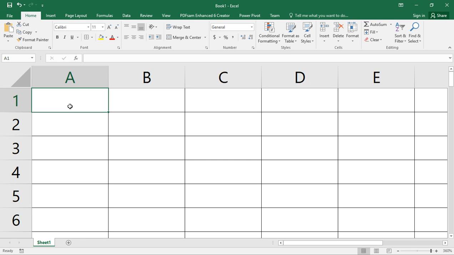Logical checks, like is this one greater than that, is A greater than B, is 5 greater than 7. So the condition itself returns either a true or a false. A true or a false, these are Boolean values. True is a Boolean value. False is a Boolean value which comes out of a condition.